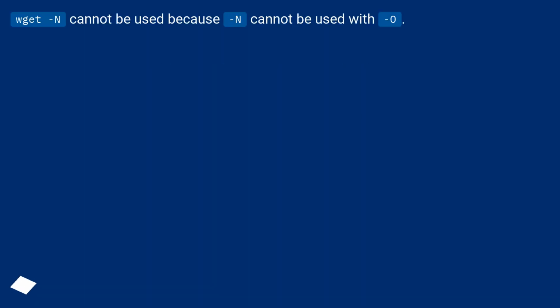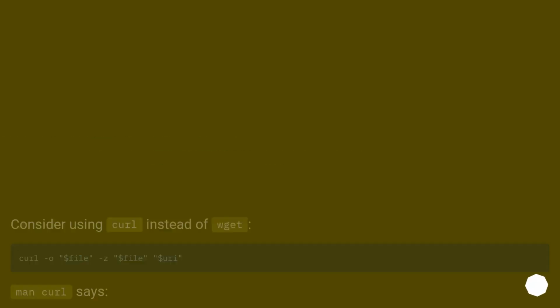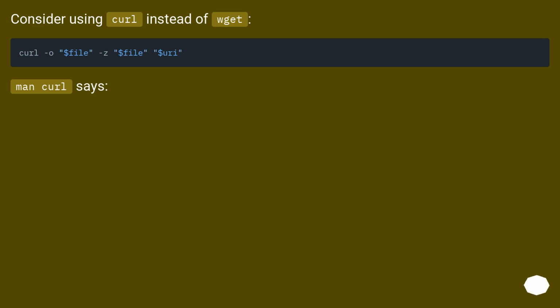wget -N cannot be used because -N cannot be used with -O. Consider using curl instead of wget. Man curl says